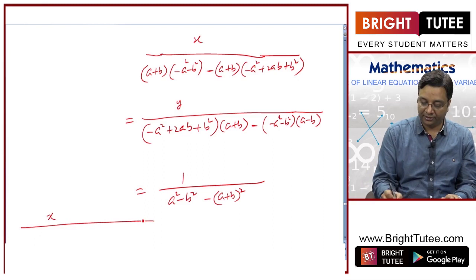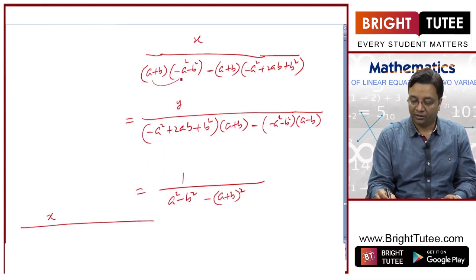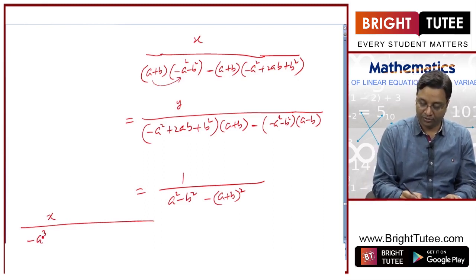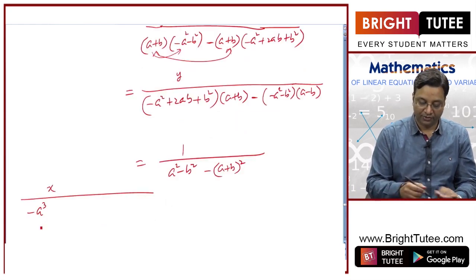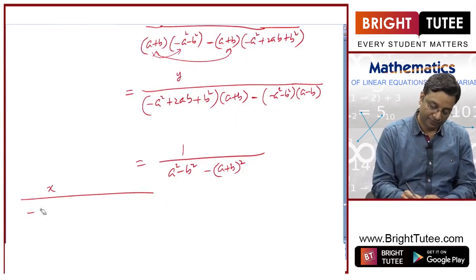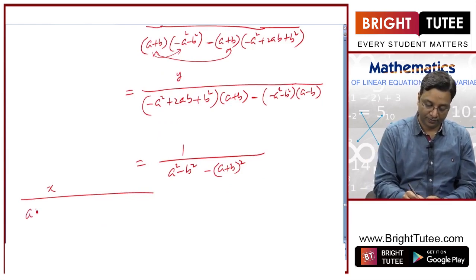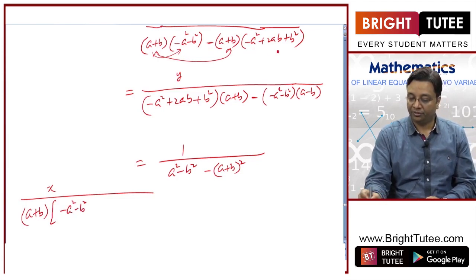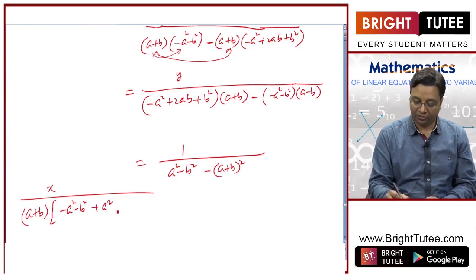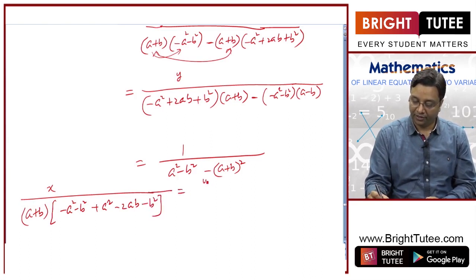X divided by, what is this product? This is minus a cube, or what you can do is you can take a plus b common from these two, right? So if I take a plus b common, this will be minus a square minus b square, and you need to subtract this. So minus of minus a square will become plus a square minus 2ab minus b square, right? And y divided by,